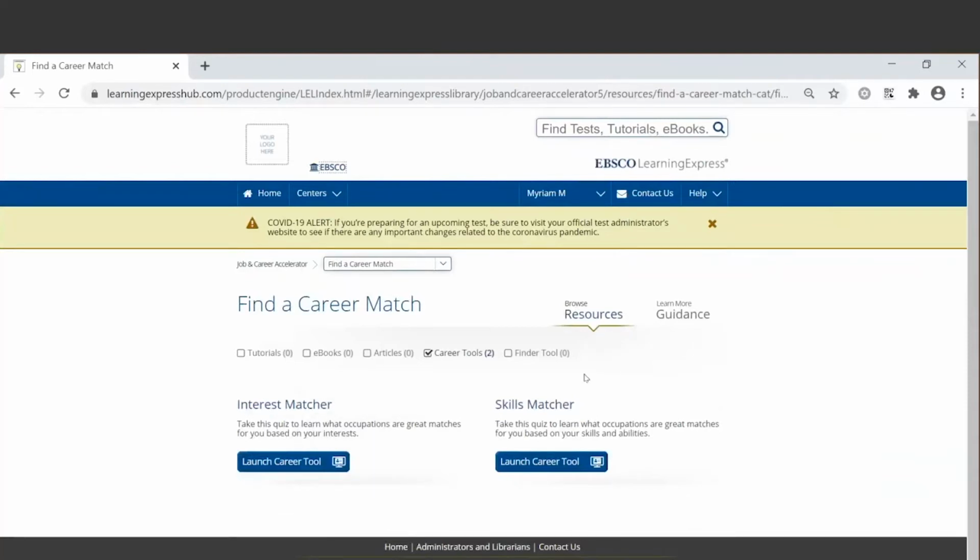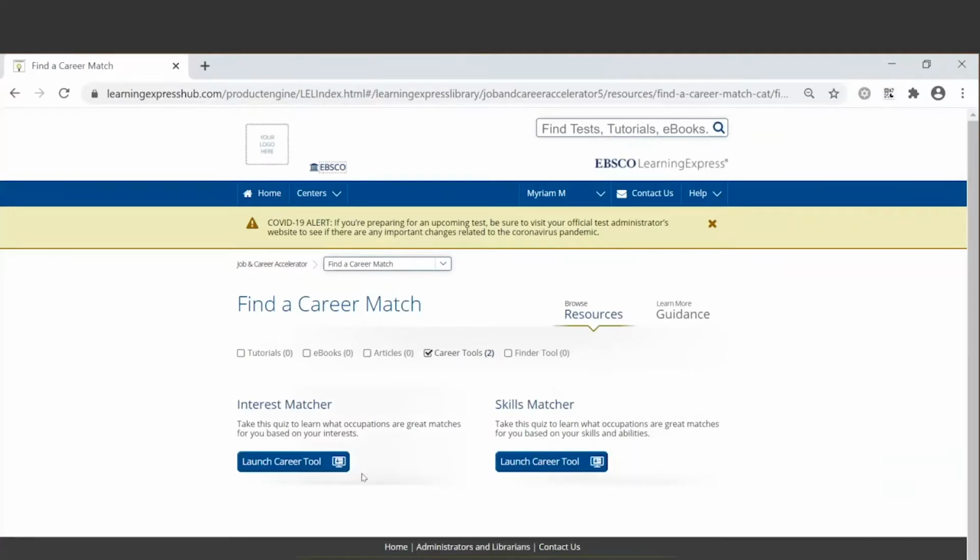They are both O*NET based questionnaires, and it will take your users about 15 minutes to complete and will link them to the occupations that best suit their interests as well as experience level. It will be broken down into 6 work-related interest categories, such as realistic, investigative, artistic, social, enterprising, as well as conventional.